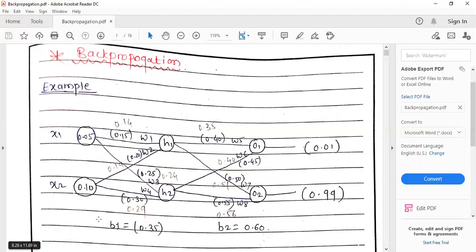And when we do the process in reverse, exactly opposite to the feed forward mechanism, that is considered as backpropagation. It means you have to go from the output layer to the input layer by adjusting some weights. So what is the basic intention behind this? Why perform this task?